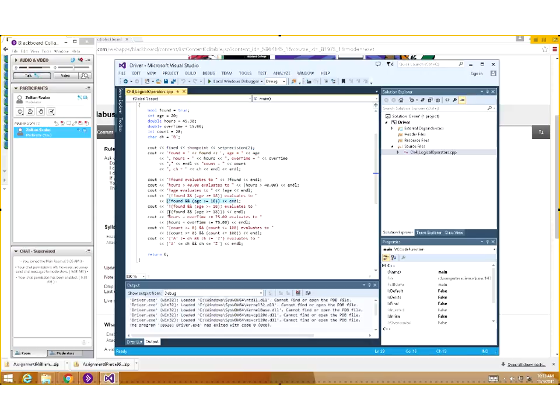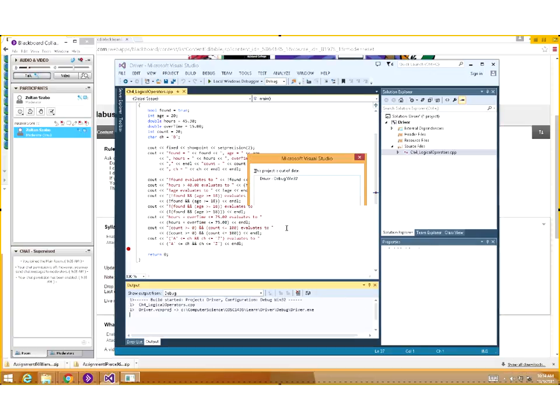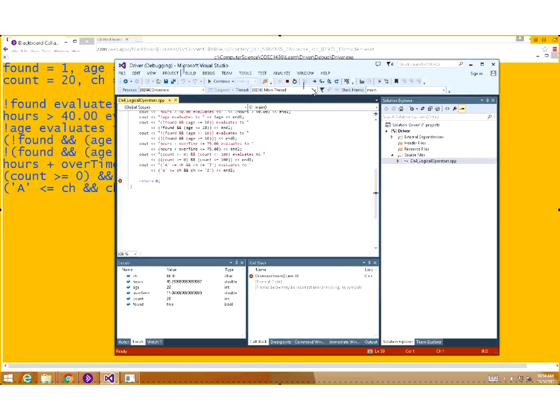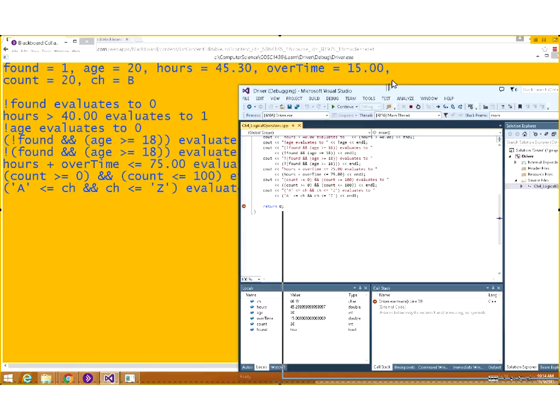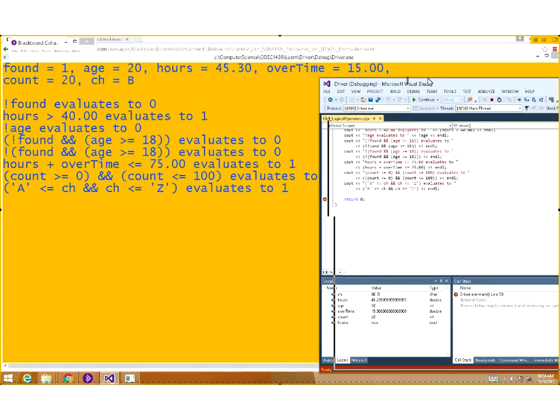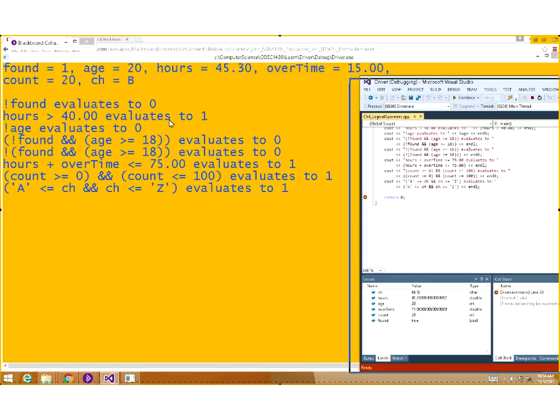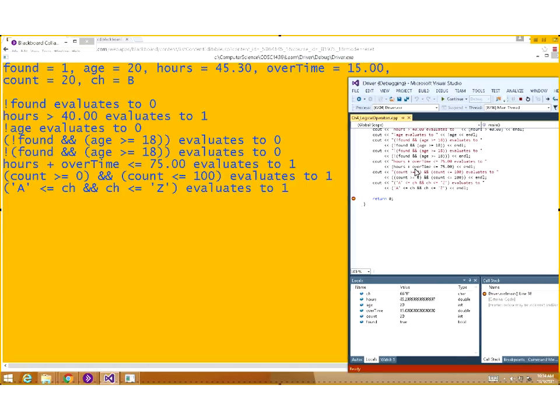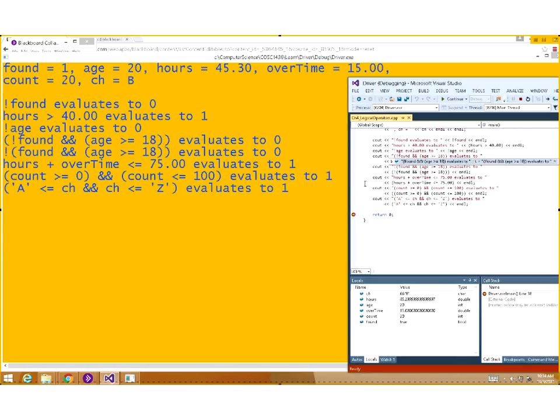Okay. And then look at all these different expressions. Okay. And then you can modify them and change some of the comparisons, change some of the values. But again, you want to break the code, launch it, look at the output, and based on the output,